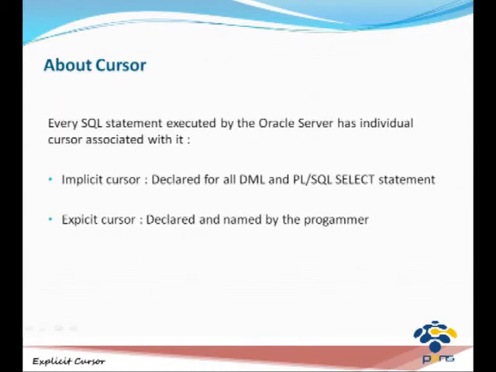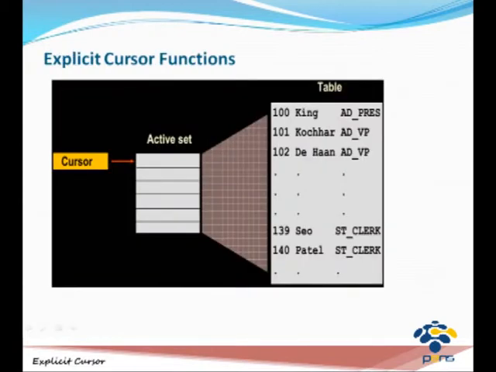About cursors: every SQL statement executed by the Oracle server has an individual cursor associated with it. An implicit cursor is declared for all DML and PL/SQL SELECT statements, while an explicit cursor is declared and named by the programmer. This is the example of an explicit cursor function,